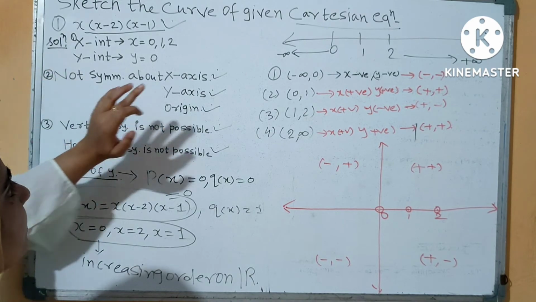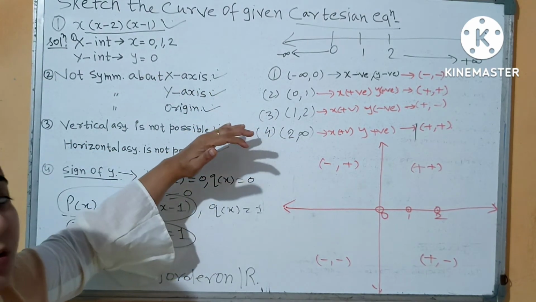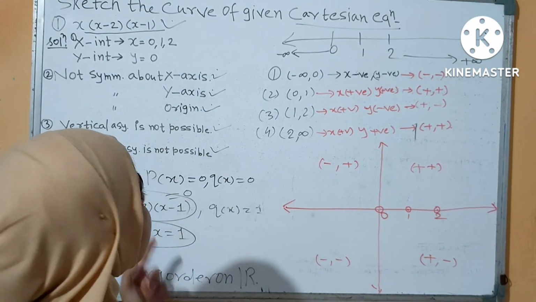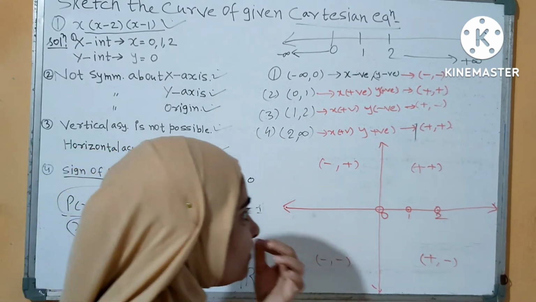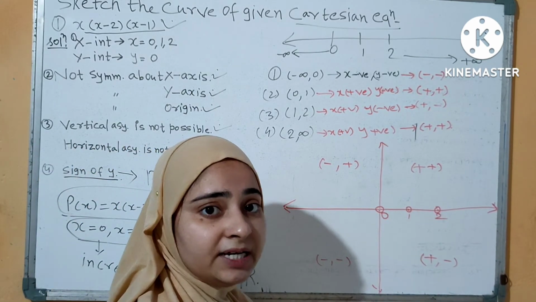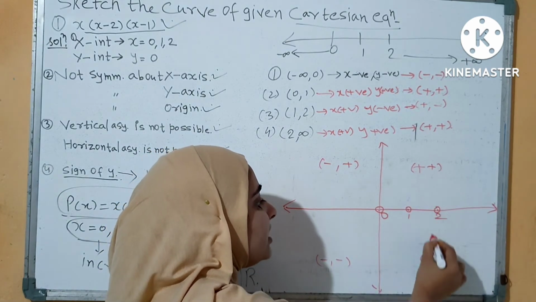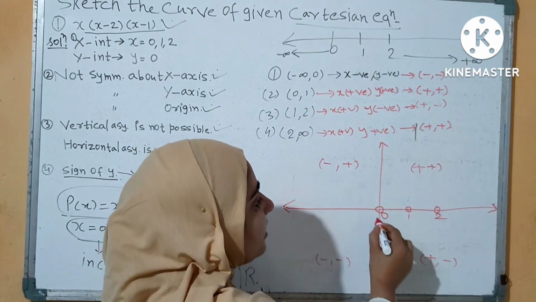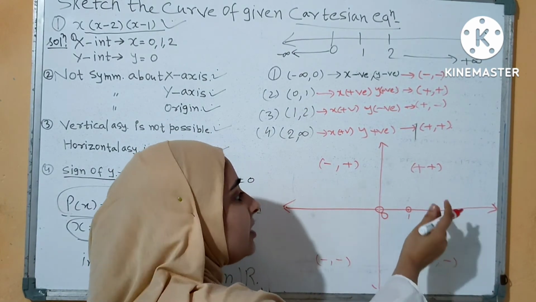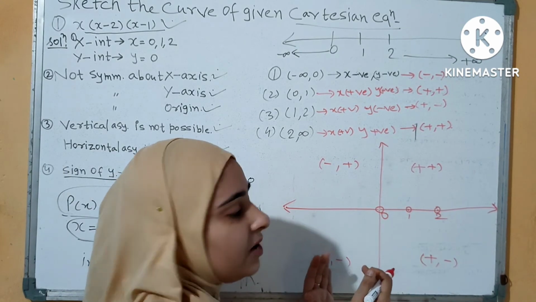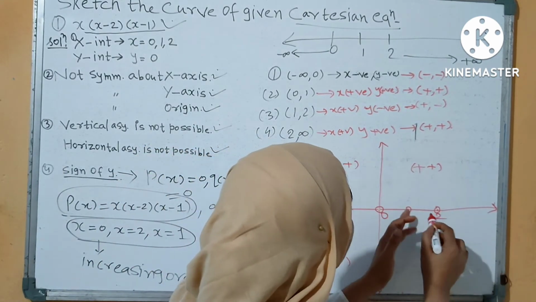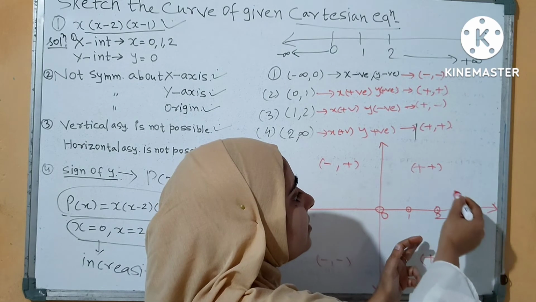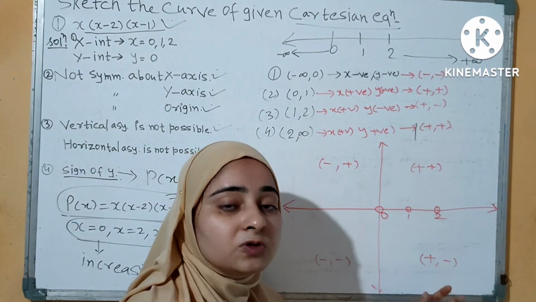Now your graph is not symmetric about the x-axis, not symmetric about the y-axis, and not symmetric about the origin. Now come to the vertical and the horizontal asymptote. How do vertical and horizontal asymptotes work, friends? If you have vertical asymptote x is equal to 1, so you will draw the graph of this one. If you are drawing the point in the 0 to 1 interval, then the graph will come to this side of the asymptote. Or if you are drawing your graph in 1 to 2, then the asymptote will come here, right? The branch of the graph will come here. This is the use of asymptote.